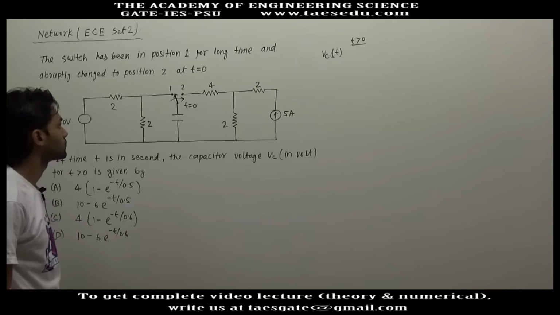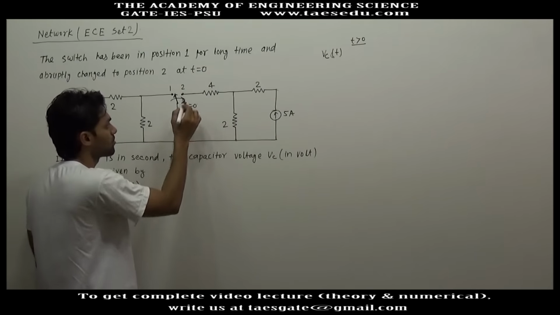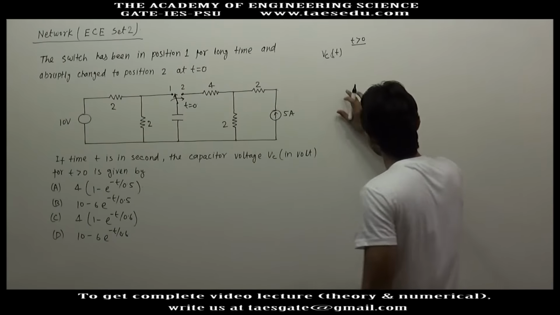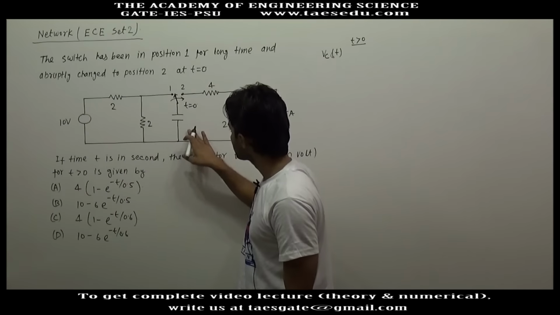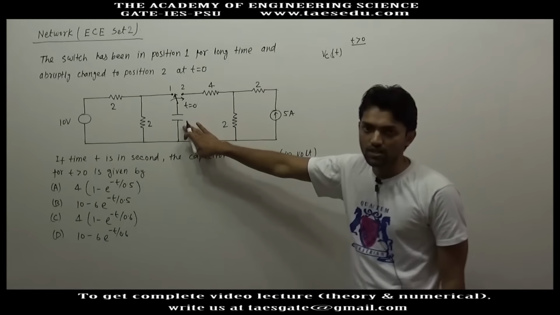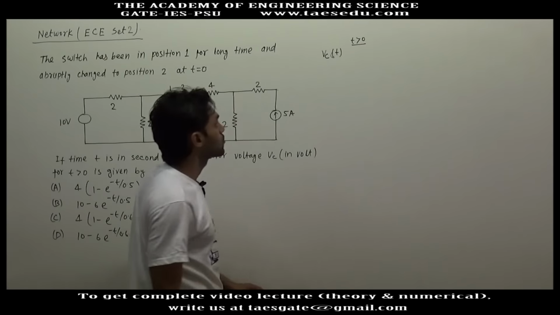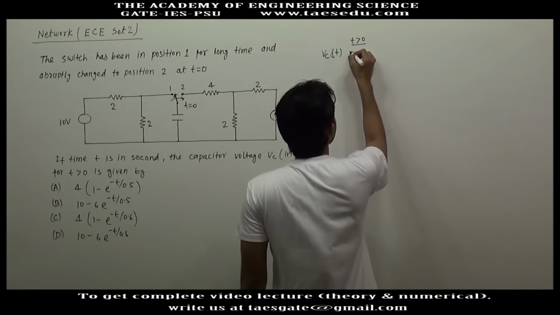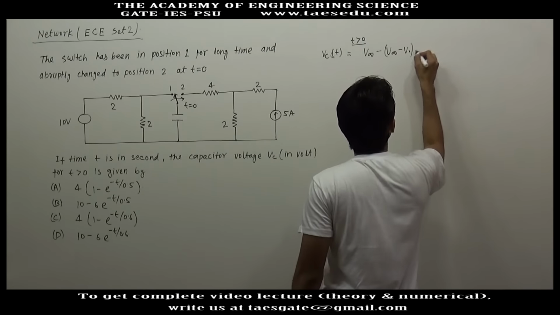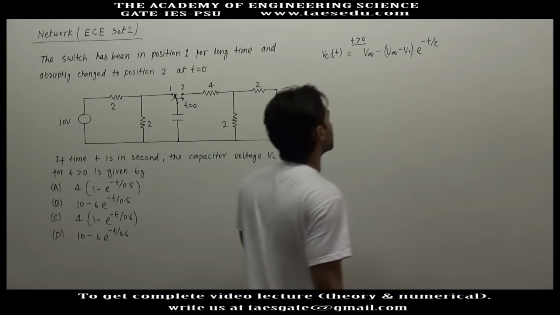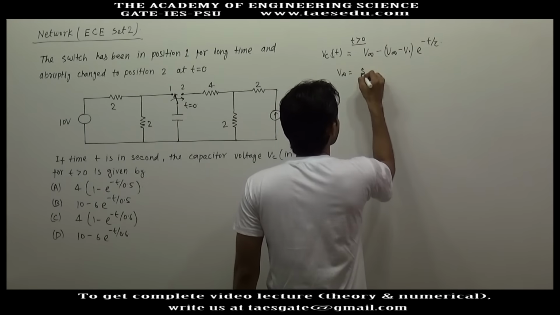To solve this question, the basis is that current or voltage across a resistance can change instantaneously, but voltage across a capacitor cannot change instantaneously. And to find the equation of capacitor voltage, we will use this formula: V infinity minus V naught into e to the power minus t divided by tau, where V infinity is the steady state capacitor voltage,